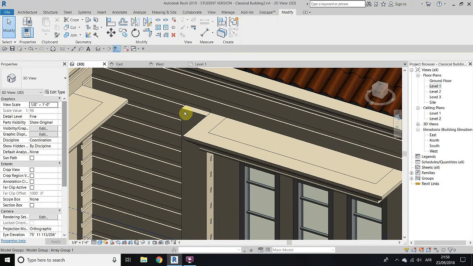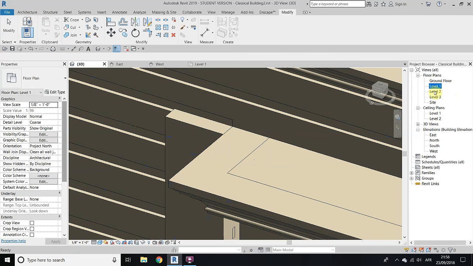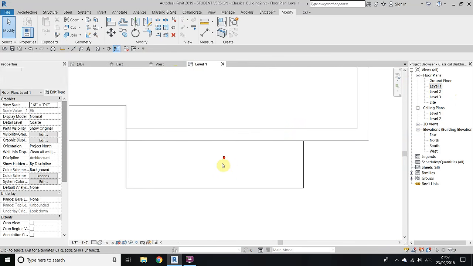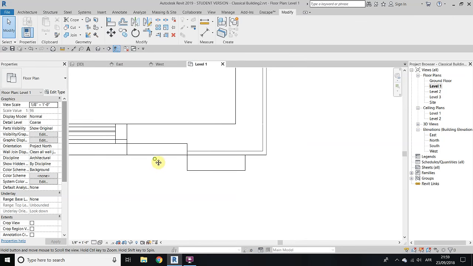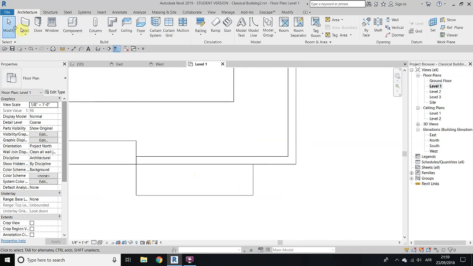Now we will add walls around it so we can easily apply wall sweep. Because we cannot apply wall sweep to the column, so we have to add the walls. So go back to level 1. So we will create a very thin wall around the column. So go to architecture, wall,